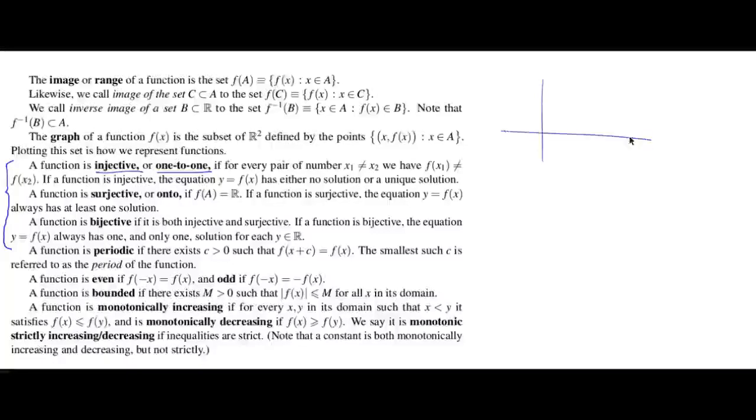So what does this mean? Suppose I have this value x1 and this value x2. If a function is injective, I can't have the same value f of x1 and the same value f of x2. These two values have to be different. That's what injective means. So for every x, I get a unique f of x, and so I can get back to x from f of x